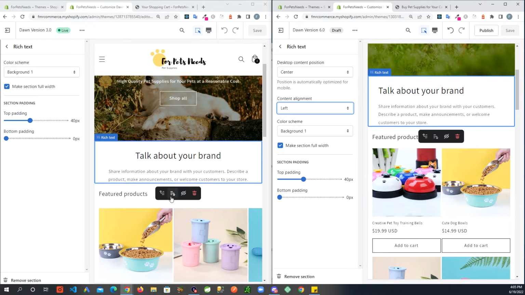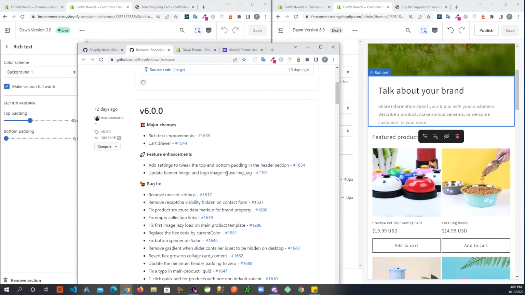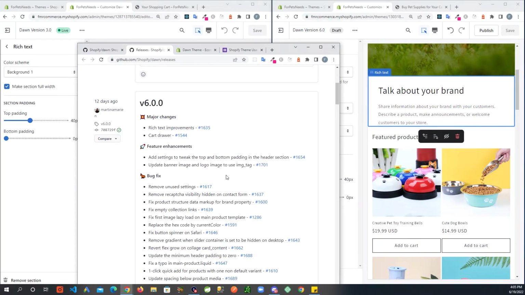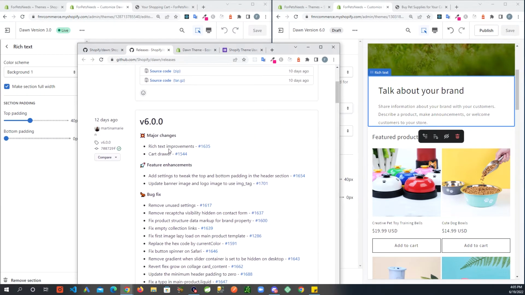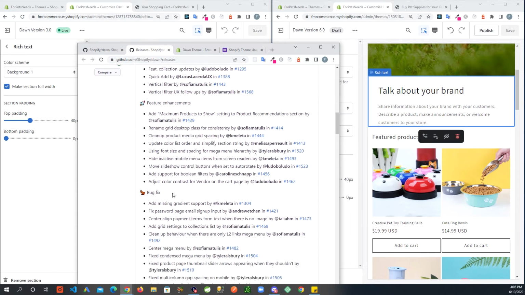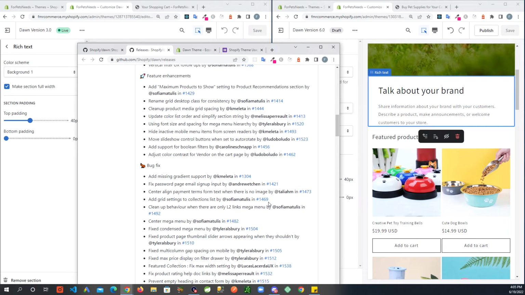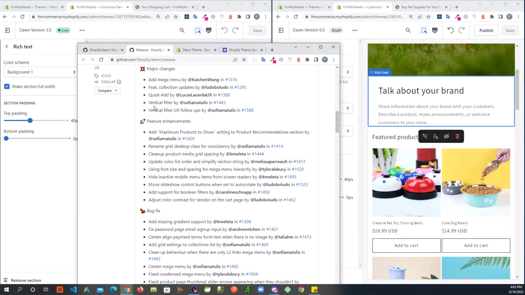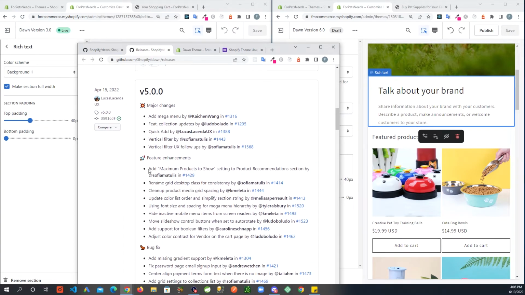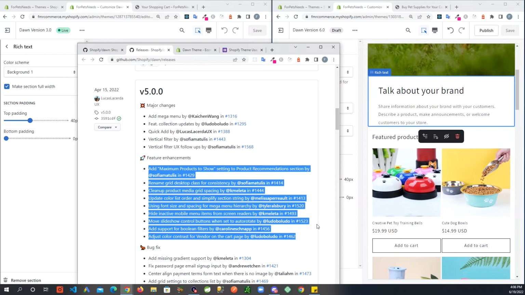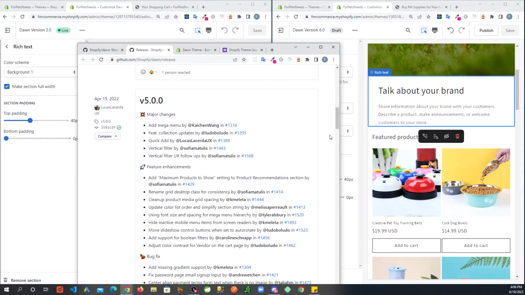So let's see what else do we have. If we go back here, that's pretty much it. Like I said, there's a bunch of other things that were added and a lot of bug fixes. You can see a whole list here of bug fixes that they did. Also, if you look in these feature enhancements, you're gonna see a bunch of little things and tweaks that they did. So you can read through this, and I don't want to go through each and every option